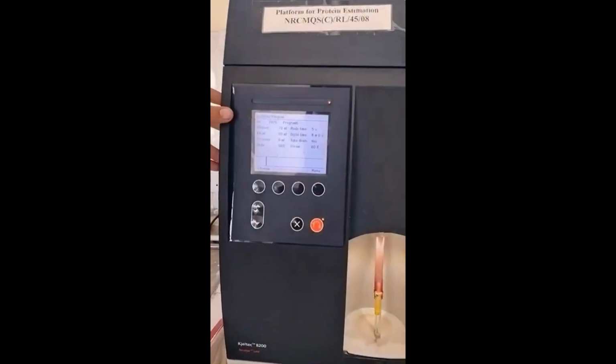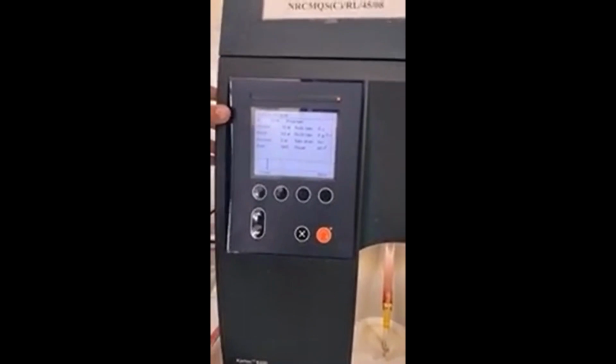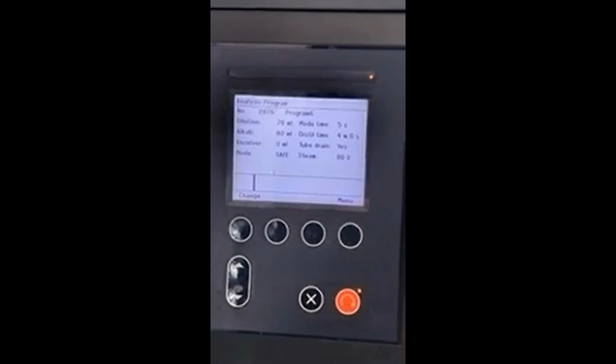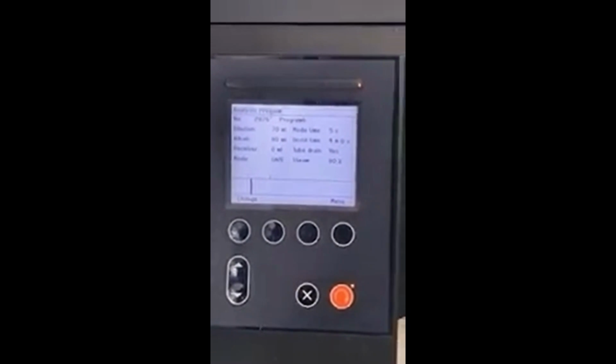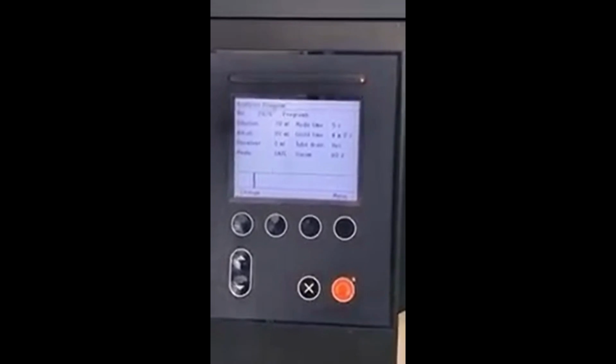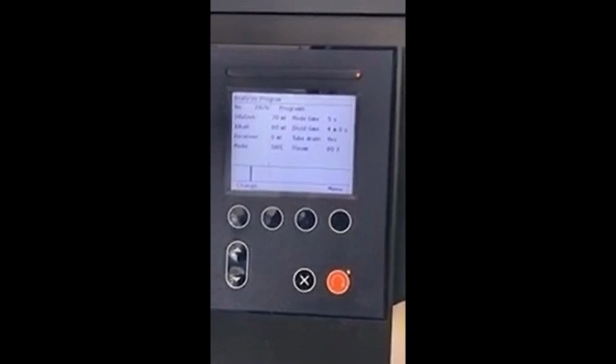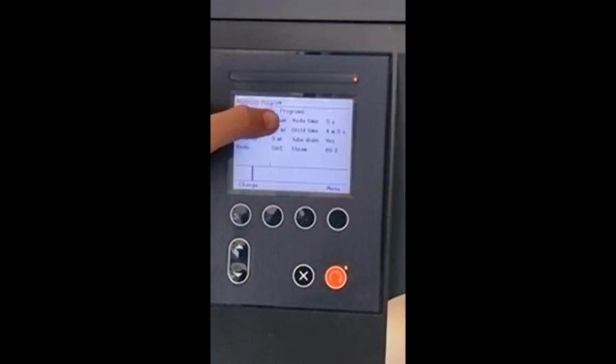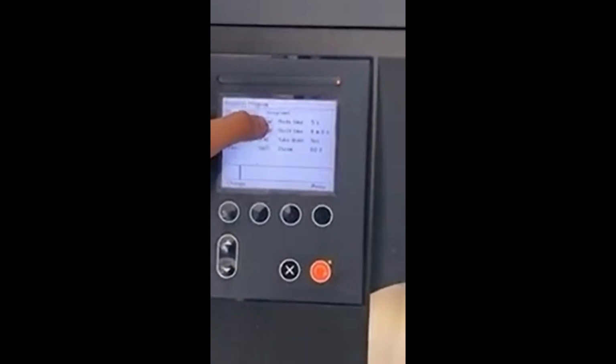और रखने के बाद आप देख सकते हैं यहाँ पे अगर प्रोग्राम देखें तो इसमें हमें 70 ml पानी बारी बारी से आता है। पहले 70 ml पानी आएगा, और पानी क्यों चाहिए, क्योंकि डिस्टिलेशन होना है। अल्कली 80 ml हमें चाहिए, जो 50% अल्कली सोल्यूशन अभी मैंने आपको फ्लास्क कंटेनर में दिखाया था, तो उसका पर्पज़ है अमोनिया को रिलीज़ करना। उसके बाद हमारा डिस्टिलेशन टाइम 4 मिनट का सेट किया हुआ है, तो 4 मिनट में